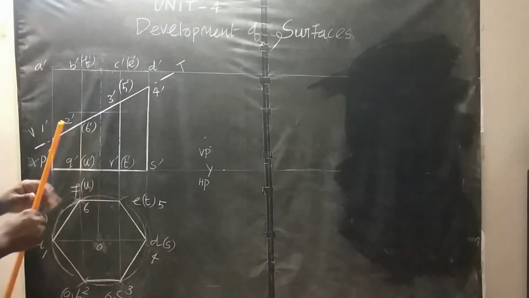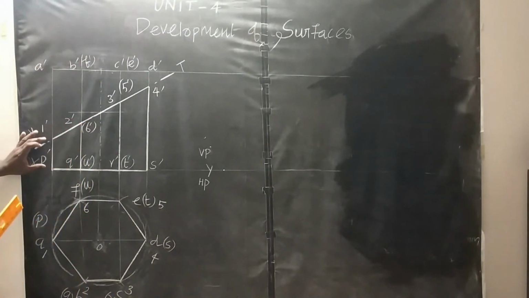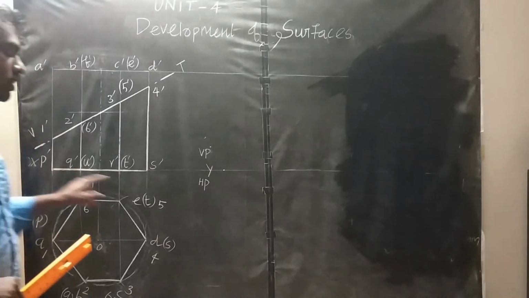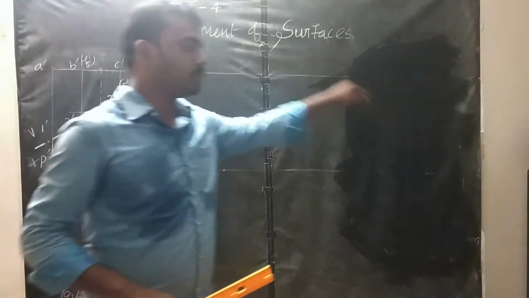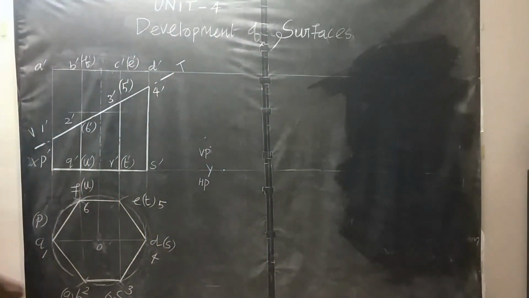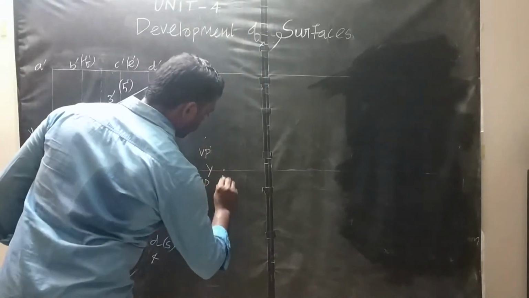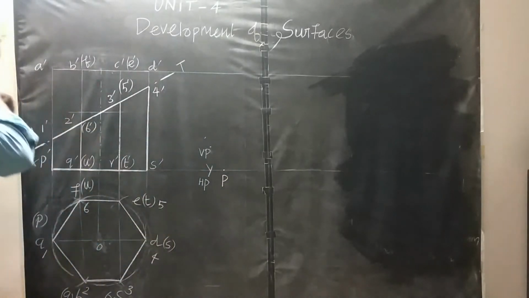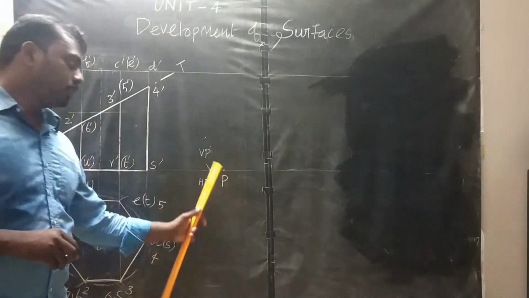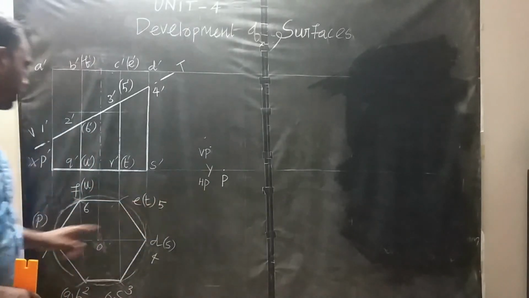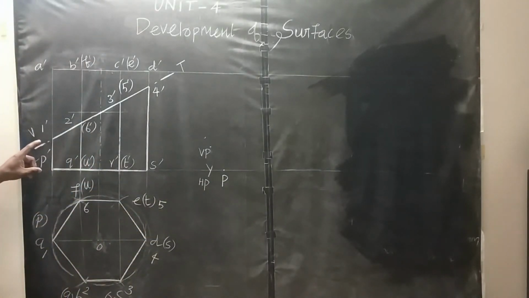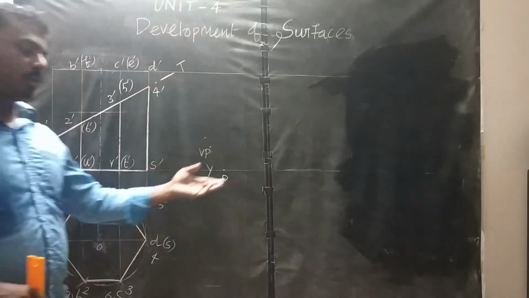Okay, in the problem, whichever is the lowest height, that point you should pick as the starting point. Then only you will get continuous flow. So here this end is the lower portion, so fix point P here, capital P. Take one point on XY, that point is P. Why I chose P is because this is the lowest portion.